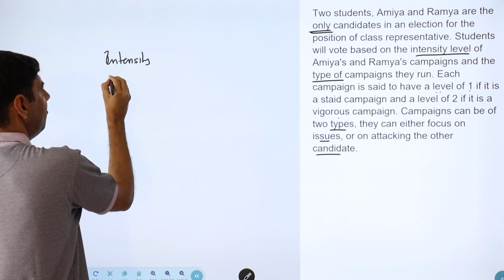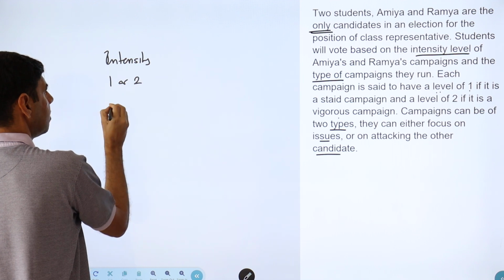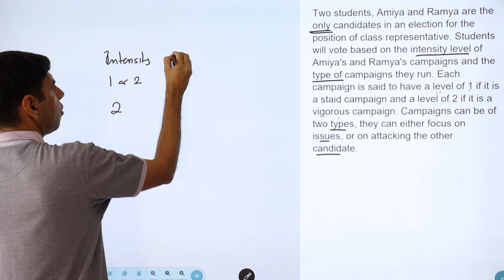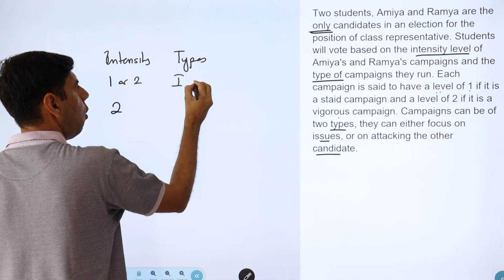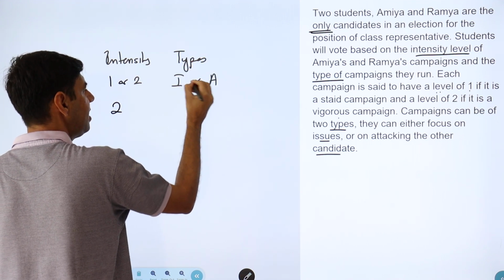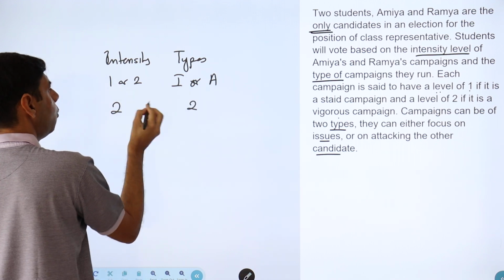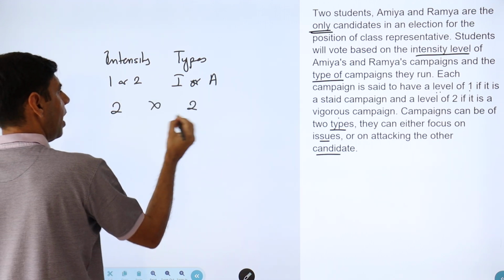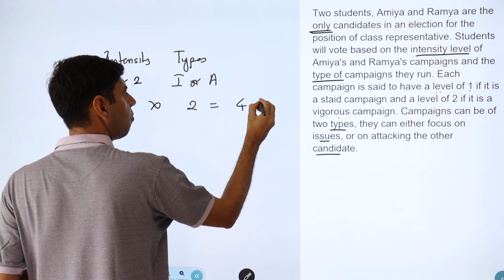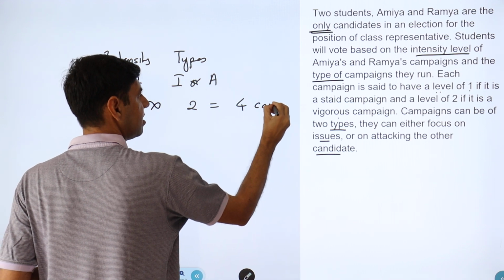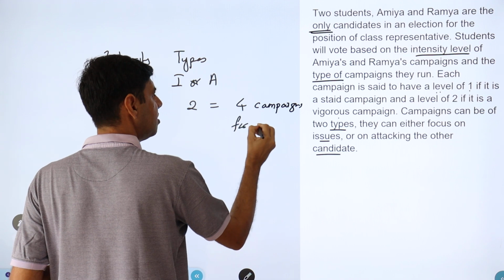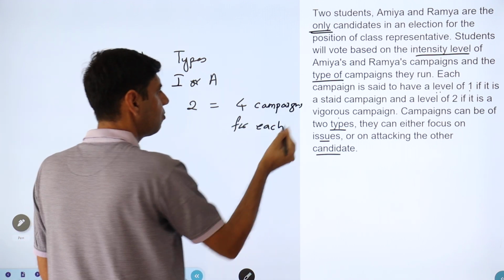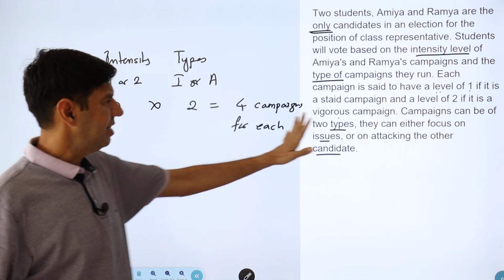I can have two levels, 1 or 2. So there are two possibilities. And on types also, there could be issue based or they could be attack based, right? So this is also two types. So for each of them, I would have a total of 4 types of campaigns. So let me put 4 different campaigns for each. So Amiya could have 4 campaigns,